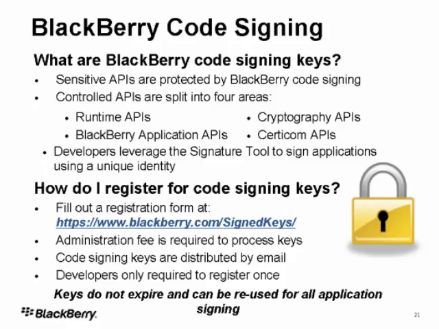So to access these APIs, the applications need to be signed by BlackBerry code signing keys. And to register, you can go to this website, and there is an administration fee of $20 US. And we charge that only to get your credit card details, so we know who published this application. The keys don't expire. You can sign as many applications as you want with them, but they have your signature. So if your application is doing anything dodgy,